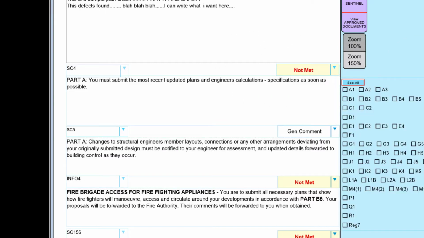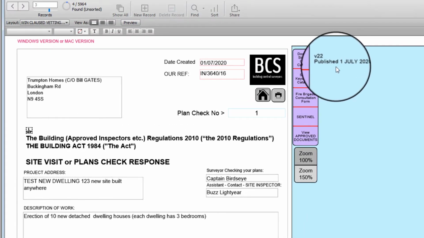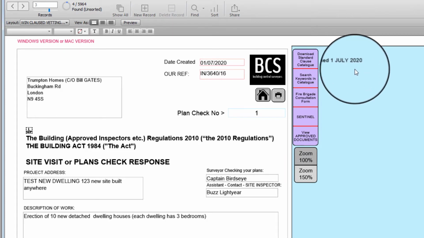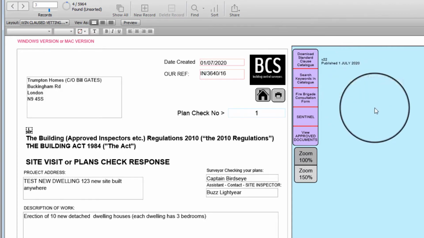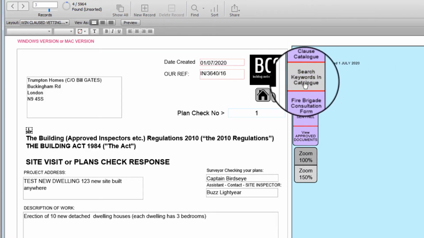This particular update is to do with version 22, but it's now published up to the 1st of July 2020 as the most current version. If you need to access the actual document while doing a plan check, you now just have to click on this button here. There's a couple of other features that I want to show you. One of them is obviously this key search keywords in the catalogue. So if you click on that,